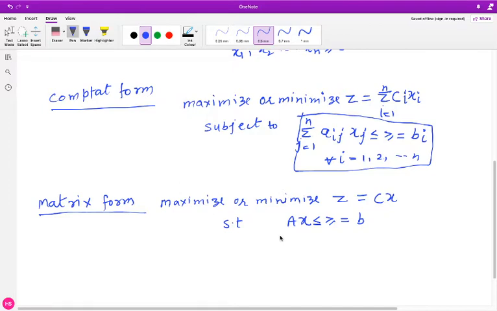Along with this we have to write down the non-negativity constraints, which are x greater than or equal to 0, where